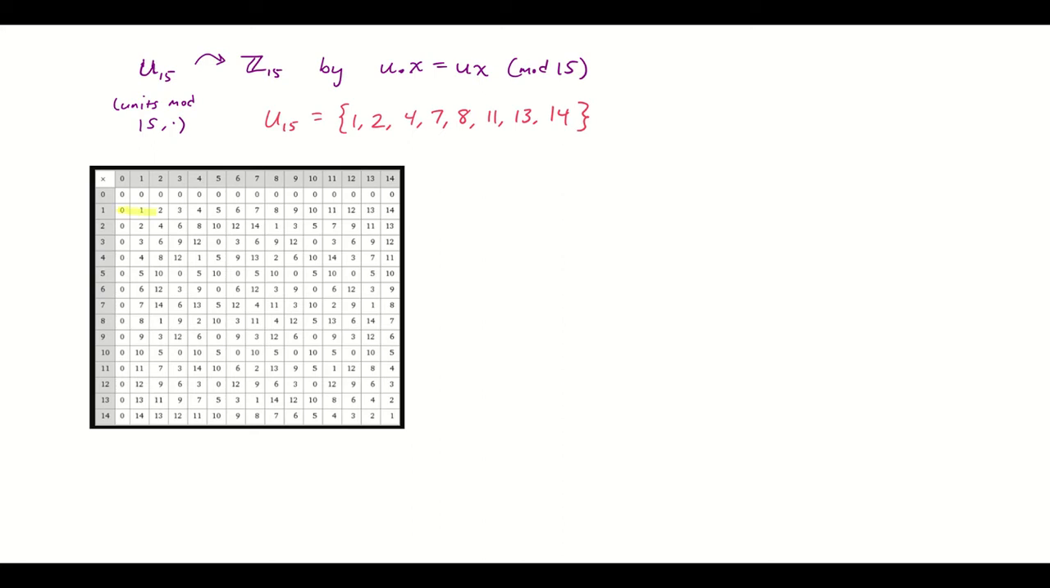Okay, my units are 1, 2, I worry that this is making the numbers fainter, that's a little bit troublesome. 4, 7, 8, 11, 13, and 14. And now we can use this to figure out the orbits and stabilizers of various elements of our